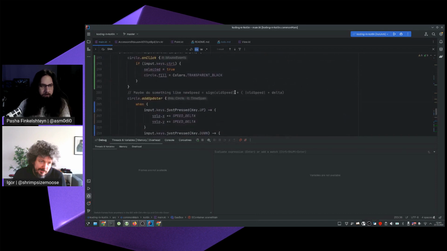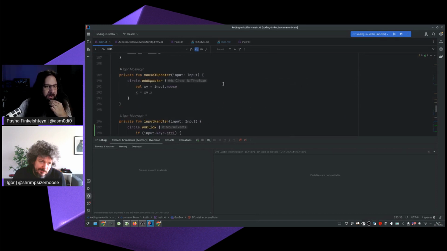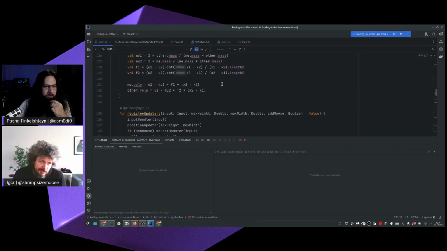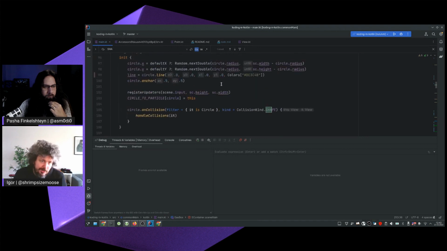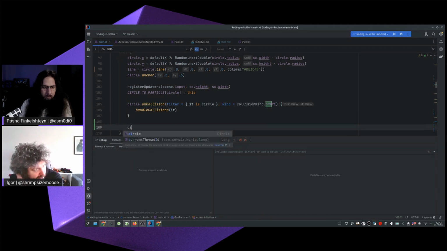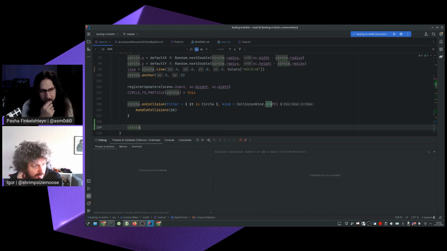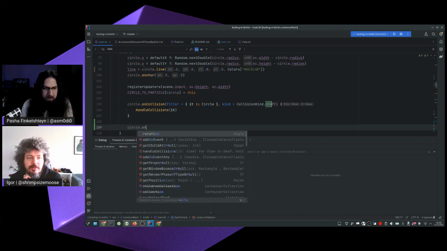Okay. Then we need collision updater again. Yeah, we need to change the collision updater to... Let's write a new collision detection. Just like we already have one. Circle on collision. Instead of handle collision, just write another one that will mark, I don't know, color collision. Do you know what we can do? Circle on collision,